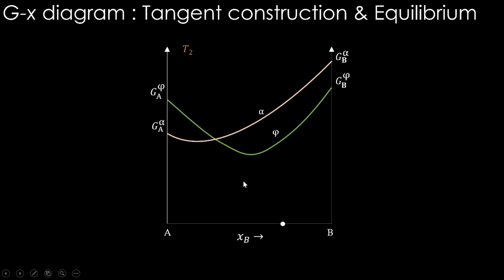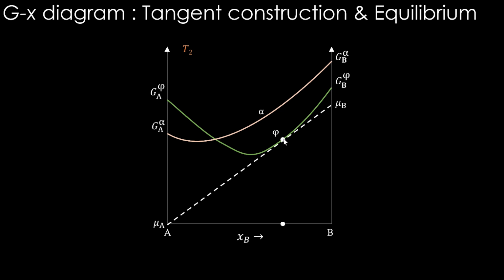two curves intersect. It's no more one phase being dominant throughout the composition range. Now, these two phases intersect. How is the phase equilibrium understood in this? Consider this composition here. Okay. Here you see this phi being stable, being marked here, and if we draw a tangent to that and check is there any other phase Gibbs energy curve lower than this, we don't see anything else. Therefore, we can conclude phi will be the stable state here.